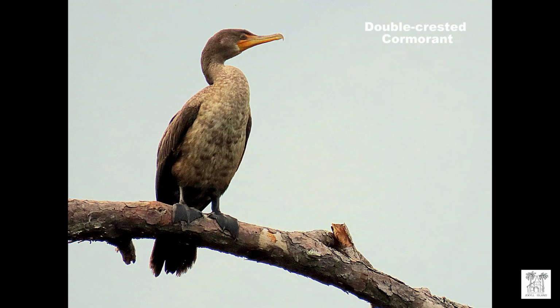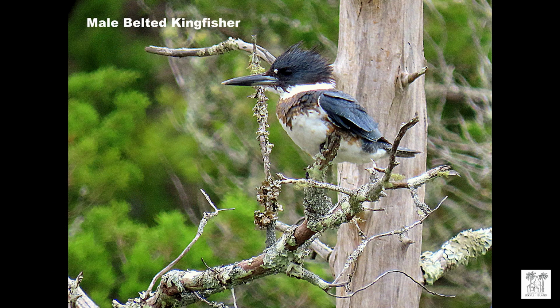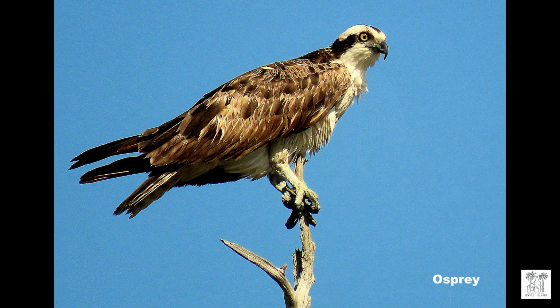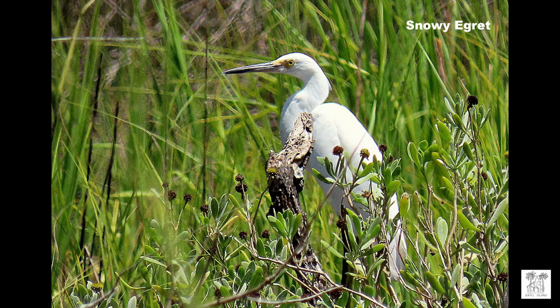Double-crested cormorant, great egret, the belted kingfisher, and this is a male. The females are prettier. I don't have a picture here, but they also have a rust-colored band added to their chest as well. Great blue heron, osprey, black-crowned night heron, snowy egret,